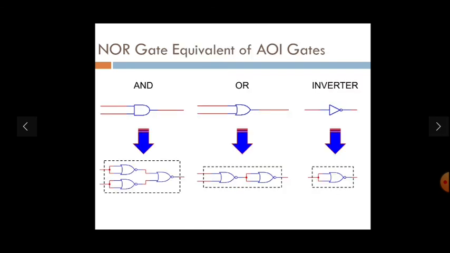Okay, see, these are the different gates which can be made from NOR gates, and they are the exact equivalent circuits, right? Where NOR gates are used to make different kinds of gates, this kind of circuit will be used. For the AND gate, the first circuit from the left-hand side will be used. For the OR gate, the middle circuit will be used, and for the inverter gate, the last one, at the top right.